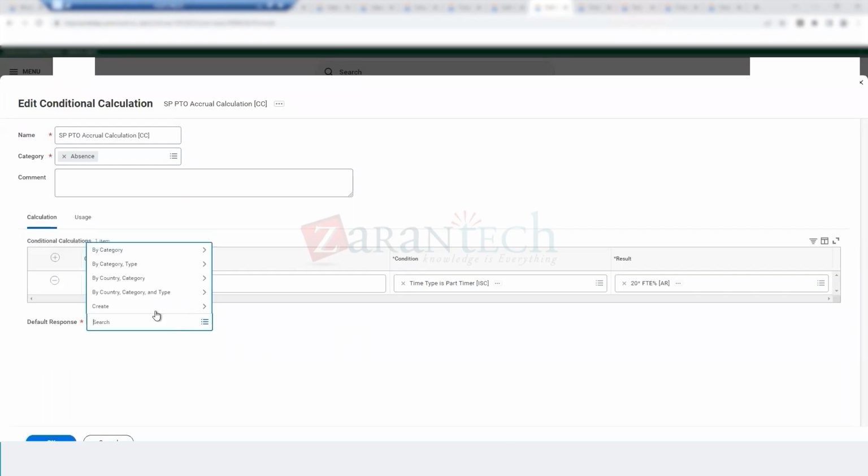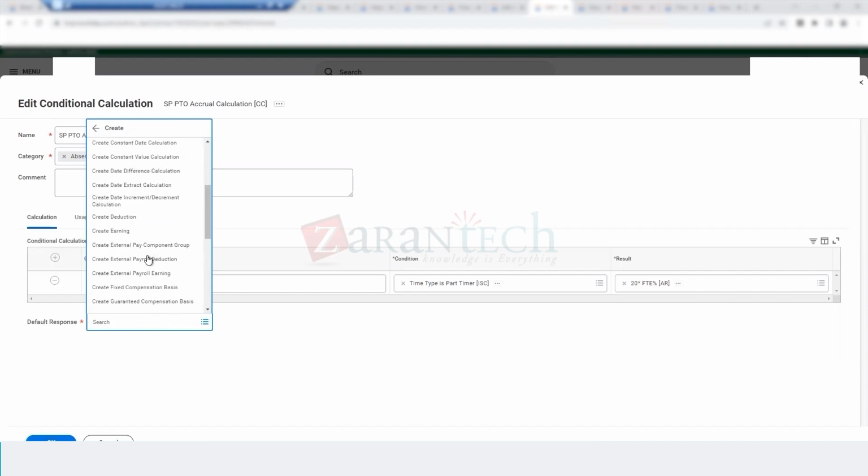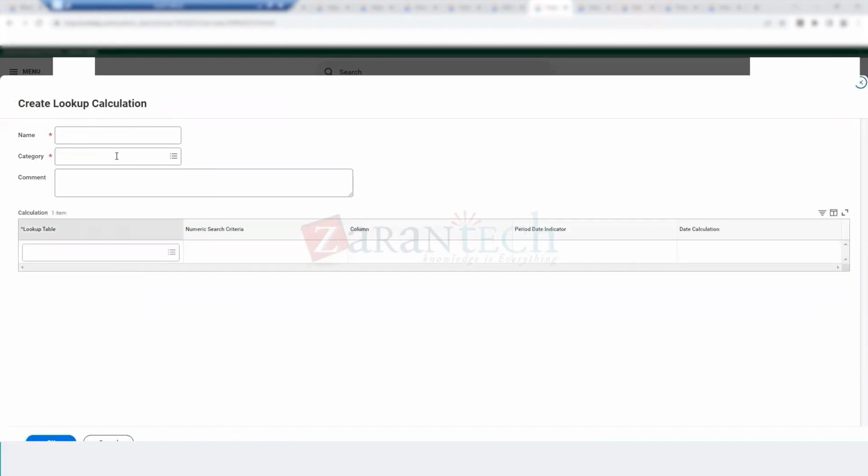So default response. Here what I'm doing, I'm looking at the years of experience or years of service. If I'm looking at the years of service, which means I'm looking at something, I have to create a lookup calculation. So there is a lookup calculation. What I'll do, I'll click over there. It will ask me the lookup calculation. So years,